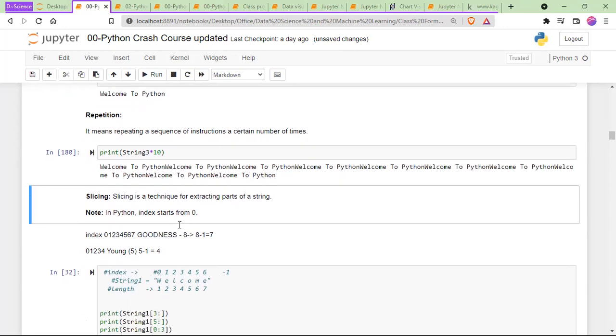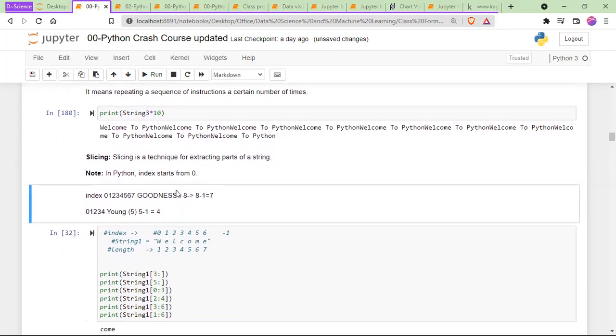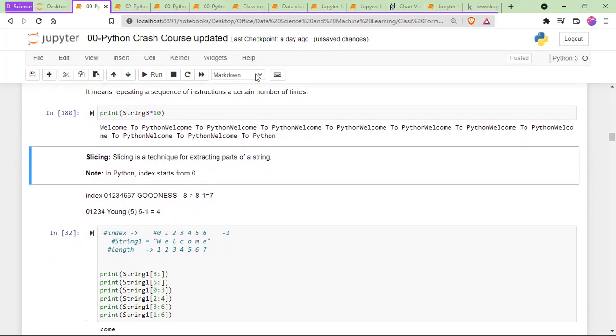Okay, so now let's move on to slicing. Don't forget, I told us that we could have a markdown, which is over here. If I change this place, we have a markdown, we have code. So whatever we're working with,